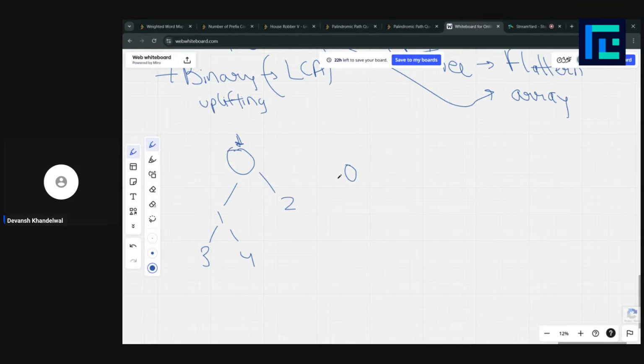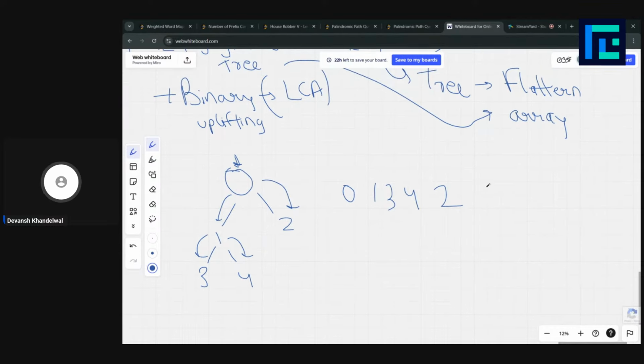So we will mention this. Then it goes to the left, index 1. So we print this, and then it goes again to the left, index 3. Then it goes back, and then it goes to the right, index 4. We print this, and then it goes to... It didn't come back, right? It goes here. So we print this, then it goes here, it prints this, then this is completely calculated, it goes to the 2, and we use this, and then we apply a segment tree here.